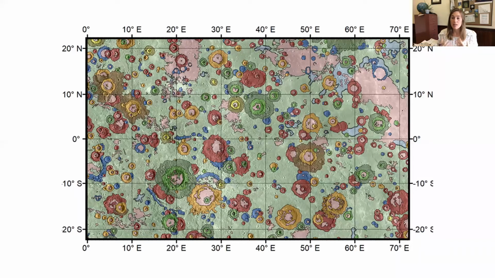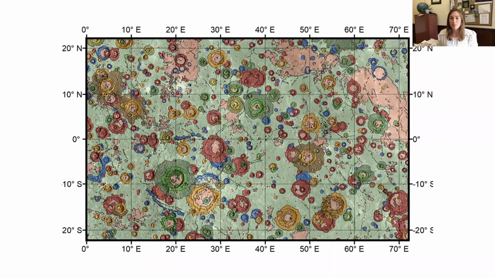I actually found that in my mapping, one of the biggest hindrances in continuing the mapping and dividing up the intercrater plains was actually the lighting geometry. The lighting geometry varies substantially, and that influences how you view surface roughness, which is basically the morphologic identifier for the intercrater plains. Because of those discrepancies, it was very difficult for me to identify consistent morphologic distinctions. And so in the end, if you go to the next slide, please,